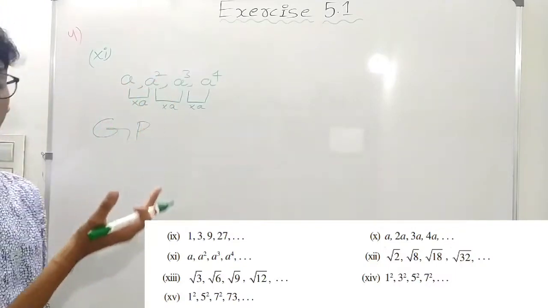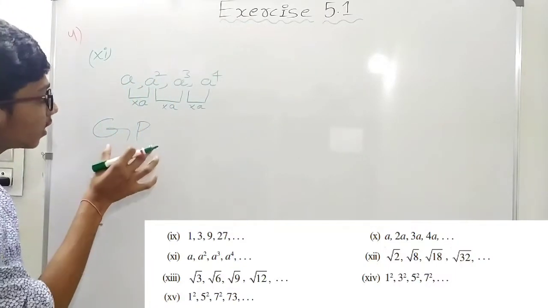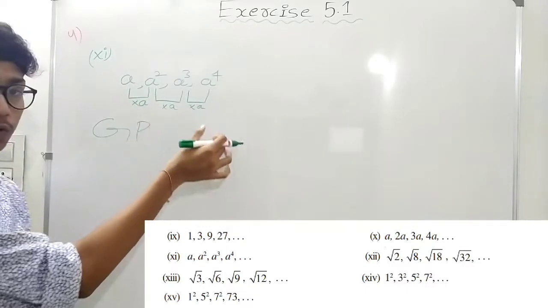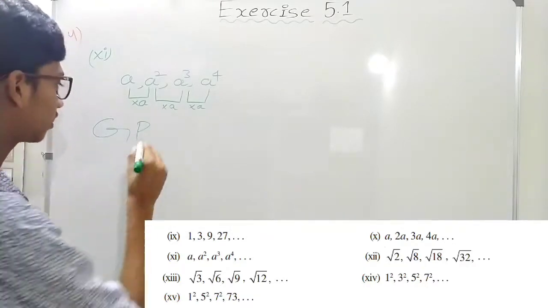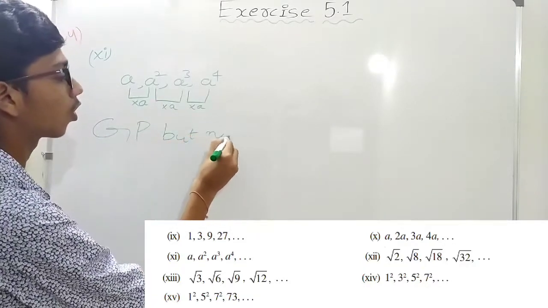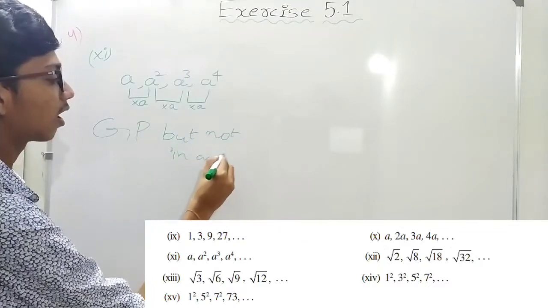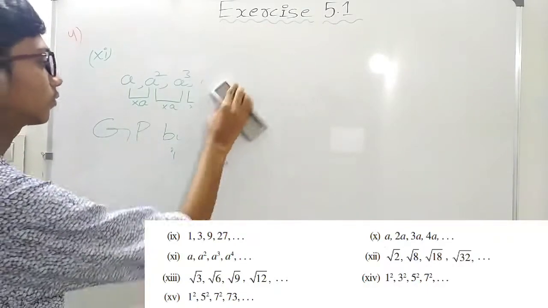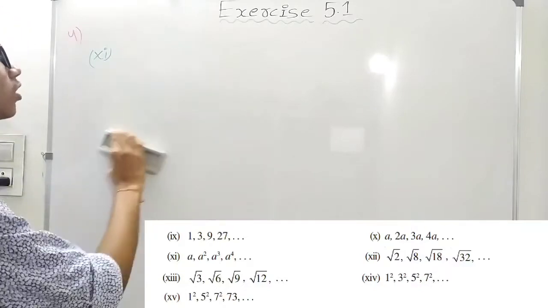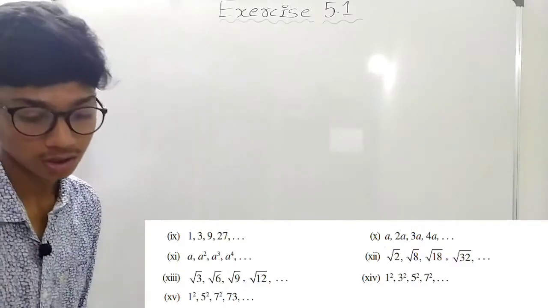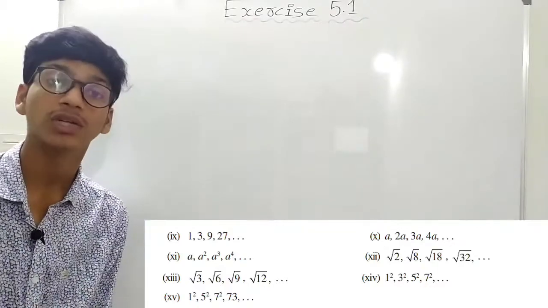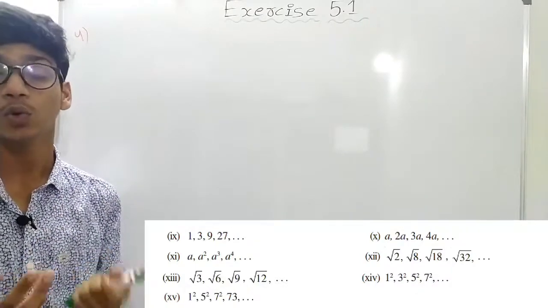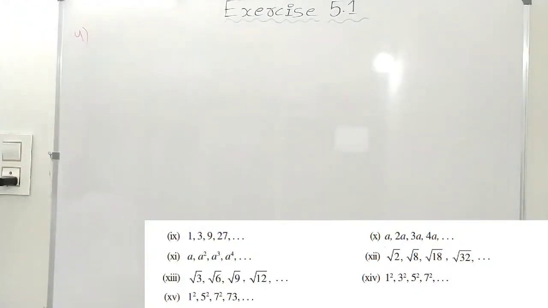Here in the arithmetic progression, the common difference is same. Here in the geometric progression, the common multiple is same, into A, into A, into A. So it is in the geometric progression, but not in an arithmetic progression. Simple. In class 10th, you are just studying the basics. In class 11th, you are going to study arithmetic progression again, and the geometric progression and harmonic progression. Two more terms are added in class 11th.